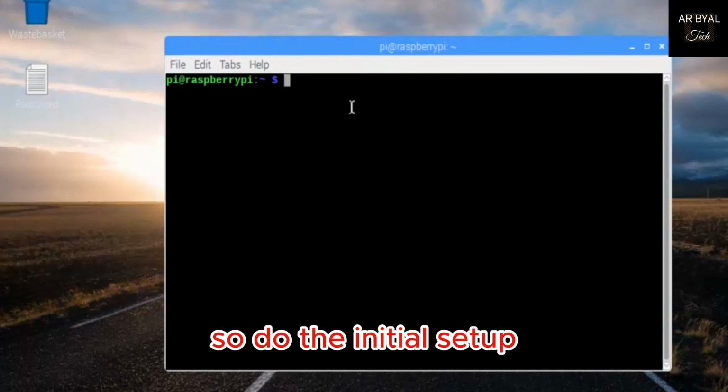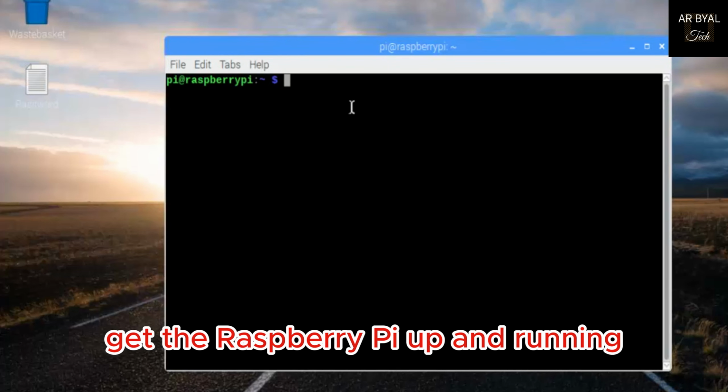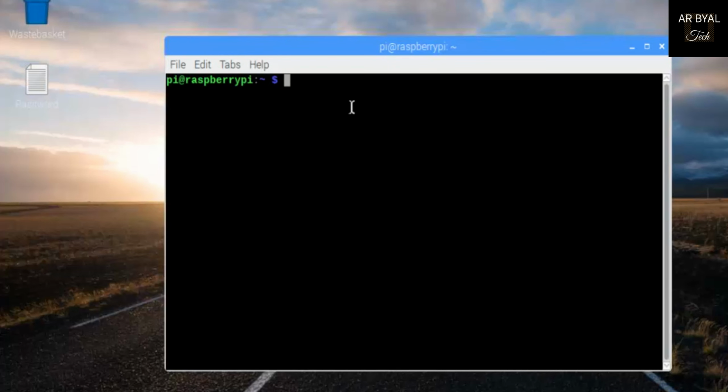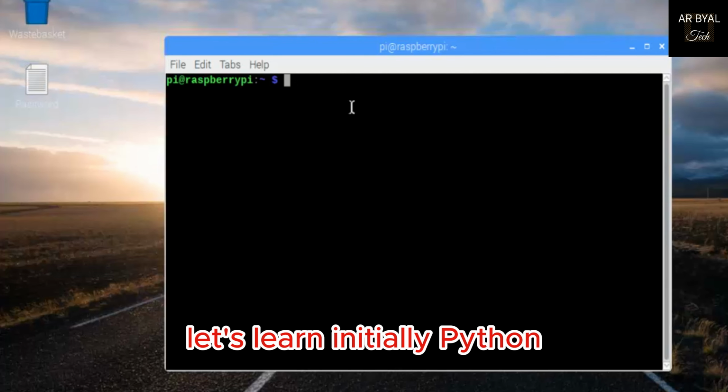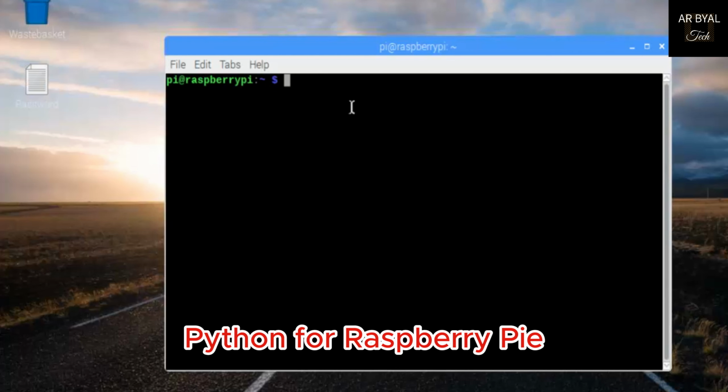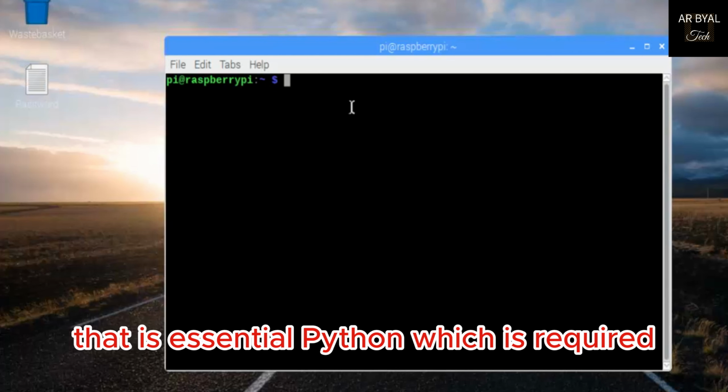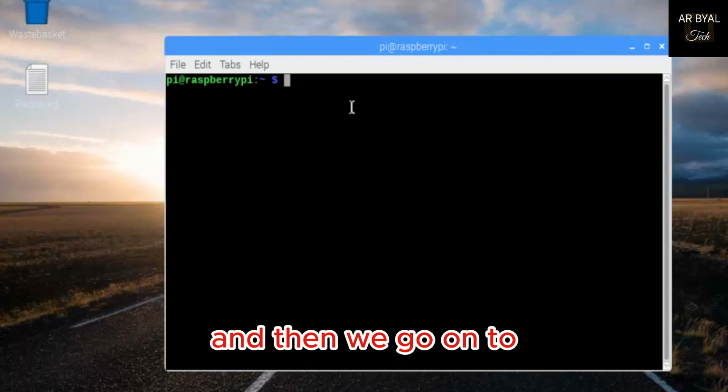So do the initial setup. Get the Raspberry Pi up and running. Get it on your laptop or desktop. And then we start up with our programming. Let's learn initially Python for Raspberry Pi. That is the essential Python which is required, and then we go on to